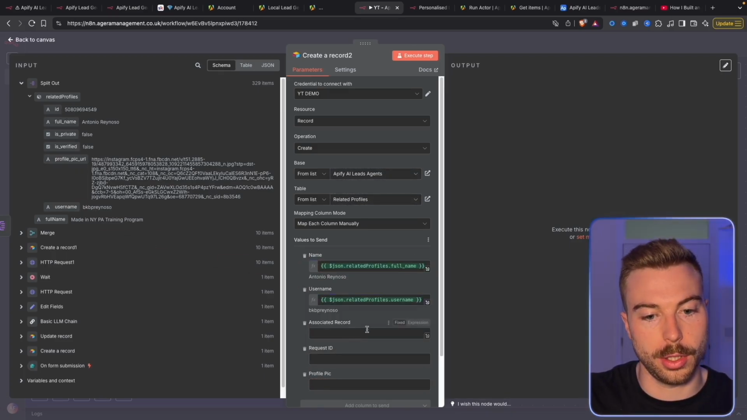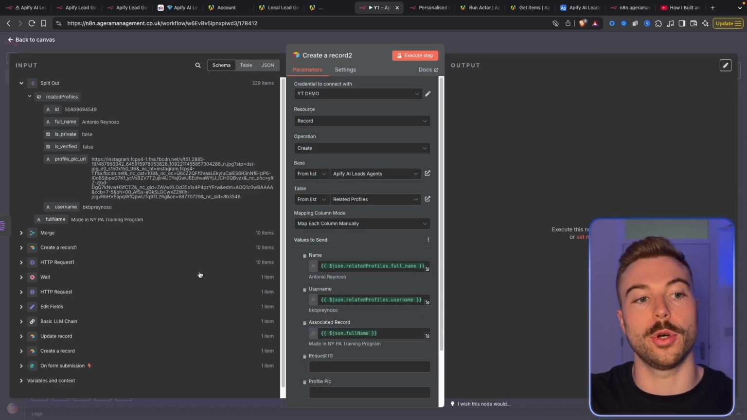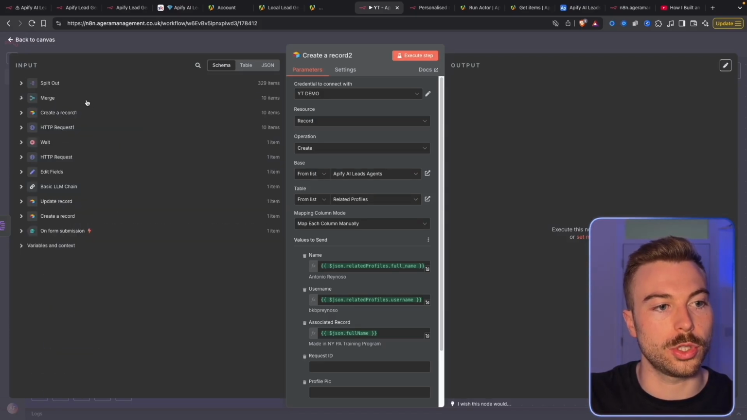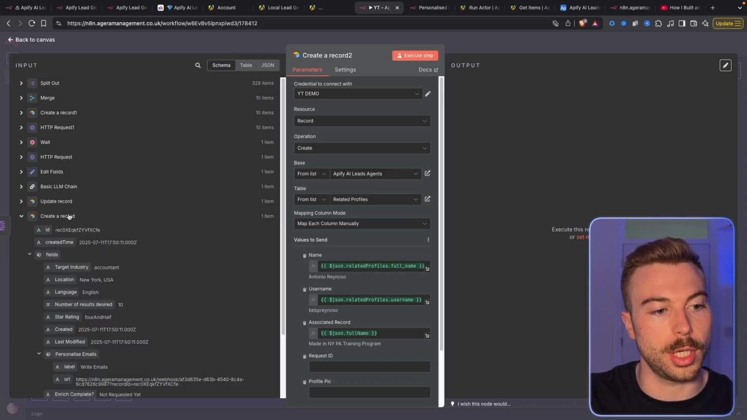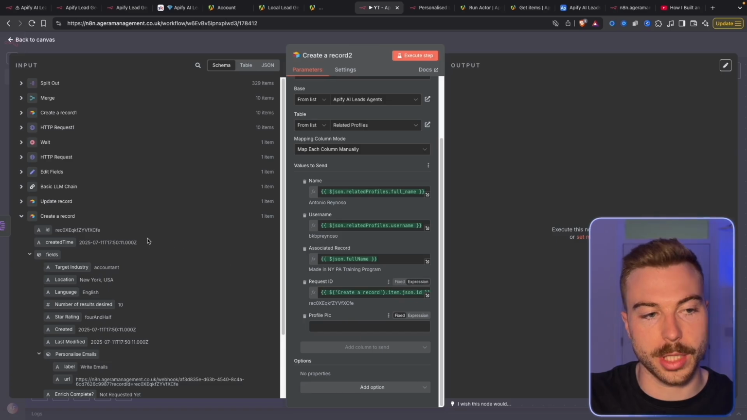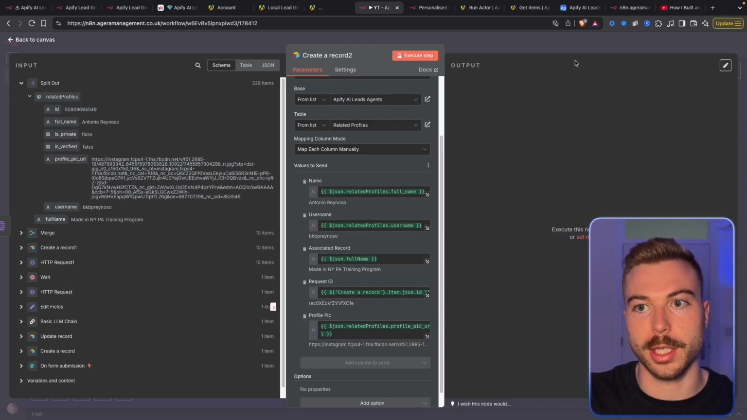We're going to say the associated record is going to be this full name in here from the main company. We're going to add the ID as well. So we're just going to come out of here. We're going to find the created record and then pull that across. We're then going to come down to profile pic and we can add that as well. So there we go. If we add that in there, and then if we do execute step, what we'll see